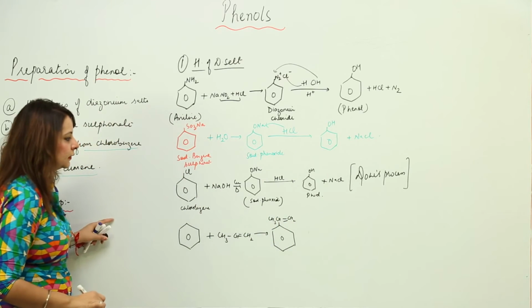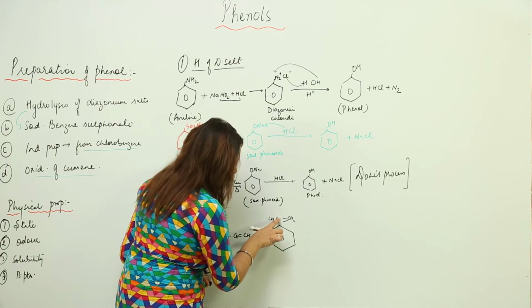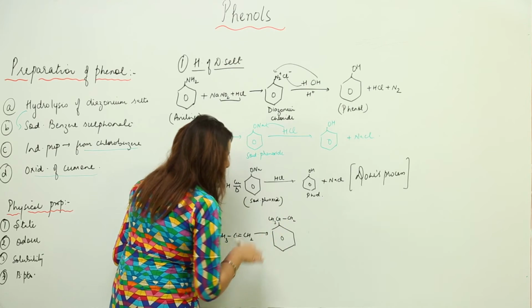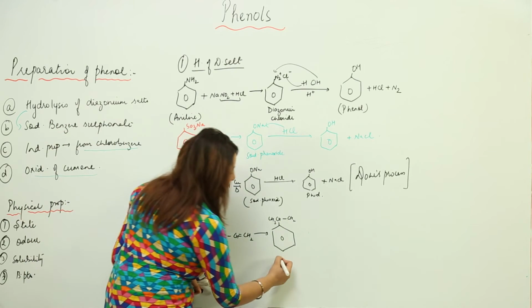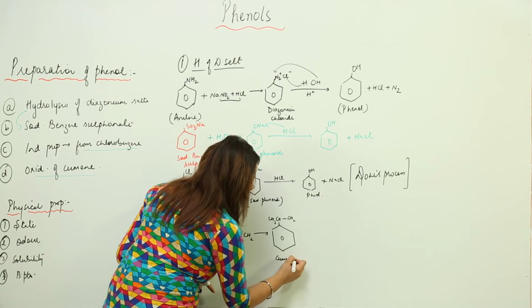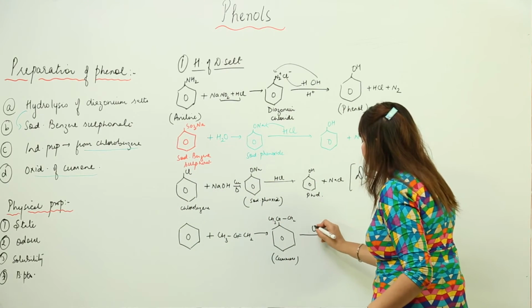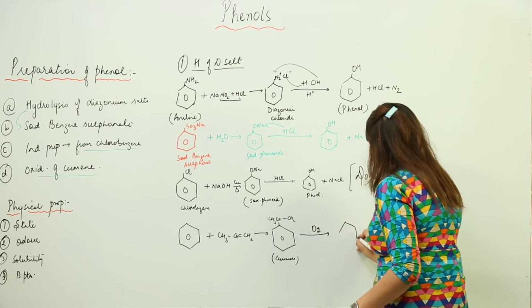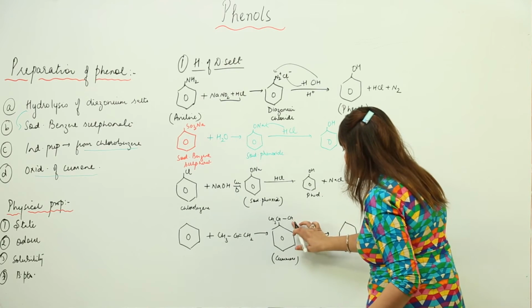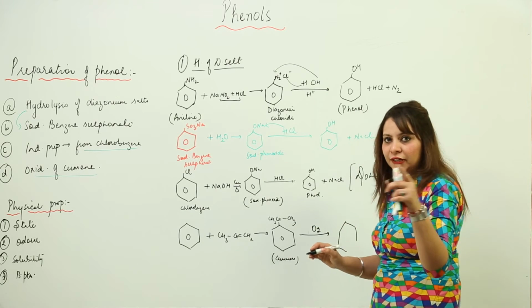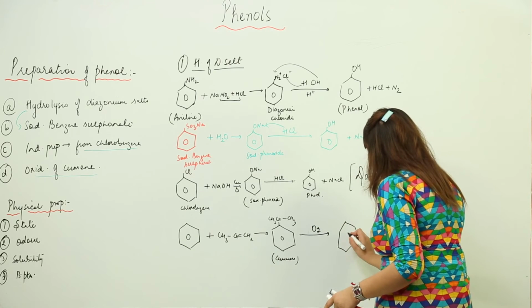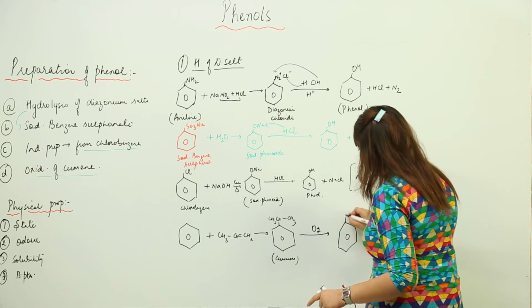This is 1, 2, 3, this bond becomes single. This is cumin. Now what you do, you oxidize it. Oxidize means you need to add oxygen, and this becomes 3 also, because you need to satisfy the valency of carbon along with that. So what happened, it turns out to be